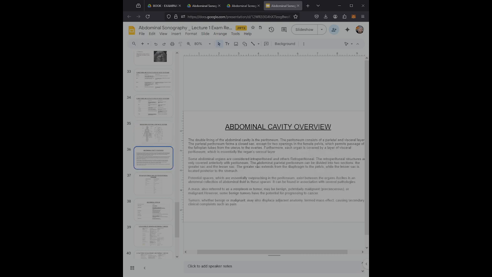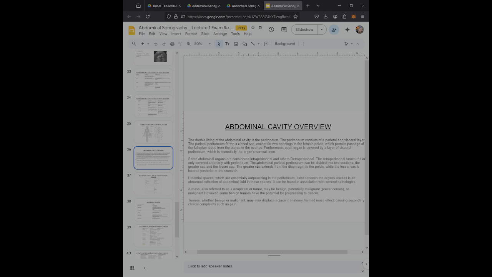So we come to an overview of the abdominal cavity. The double lining of the abdominal cavity is the peritoneum. The peritoneum consists of a parietal and visceral layer, and the parietal peritoneum forms a closed sac. And this is quite important,